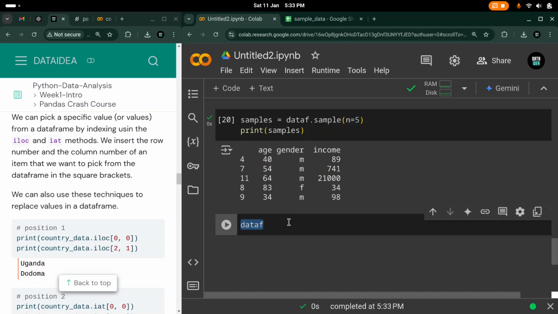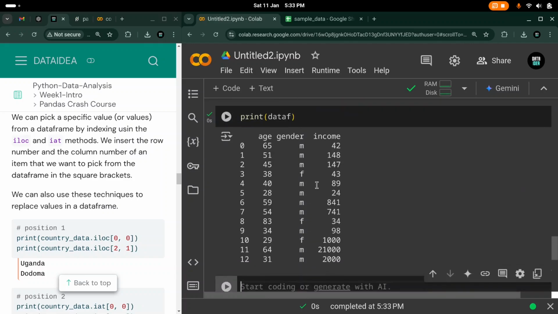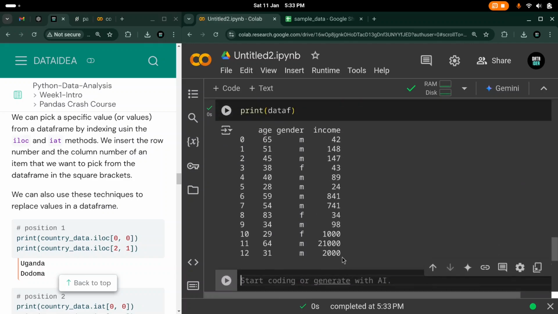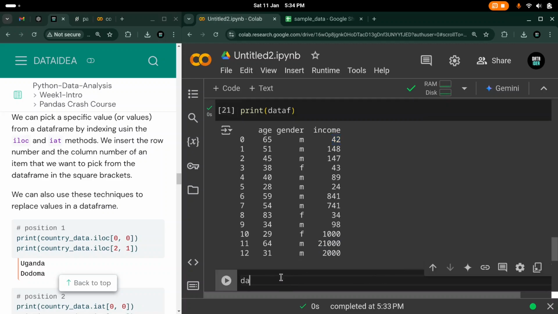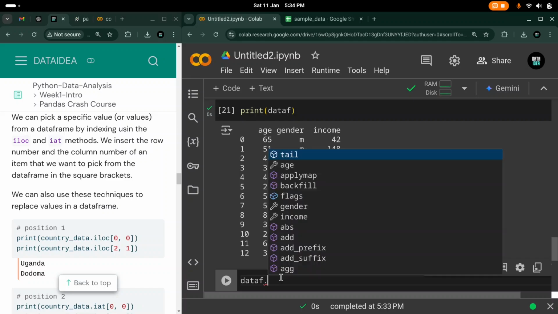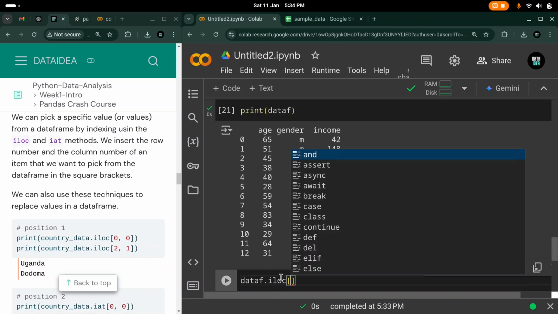So I'll print it. If you just want to pick out this big value here, or this other value, you can just do data dot iloc, and then you open square brackets,